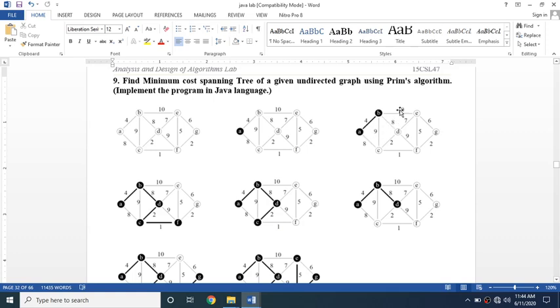Among these four, which is the minimum cost edge? It is 8. We have two edges with the same cost, 8: A to C and B to D. You can explore either one, A to C or B to D.